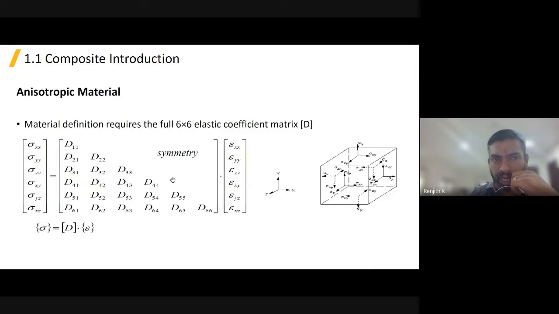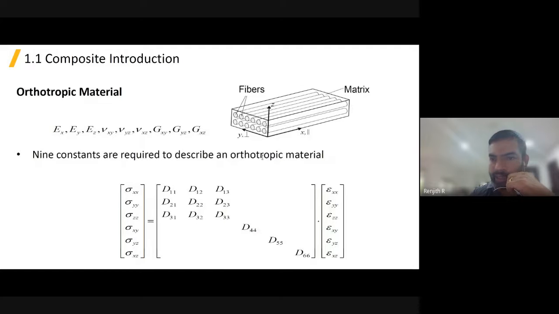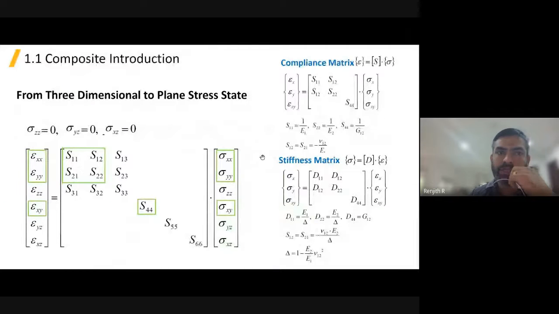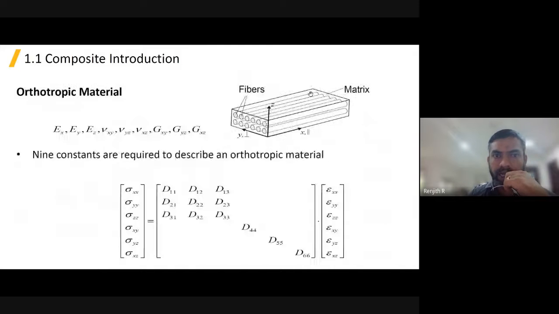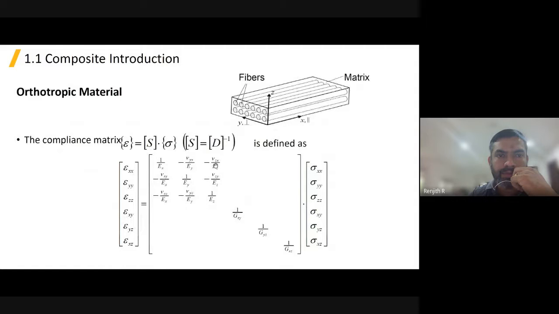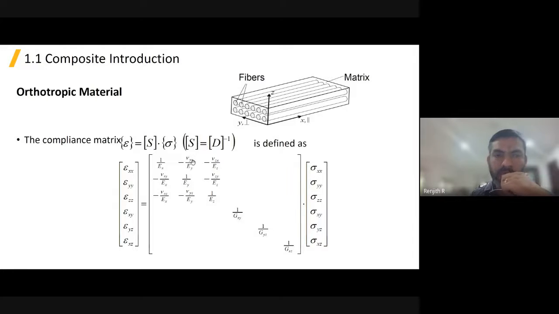And if we adopt a plane strain or plane stress approach, this will be the reduction. We'll come to that. This is the coefficient matrix for an orthotropic material. This is for an isotropic material, and if we move to an orthotropic material, it is reduced to this one, and the values are 1 by Ex, and Poisson's ratio νyx divided by Ey, and these are the stiffness coefficients.